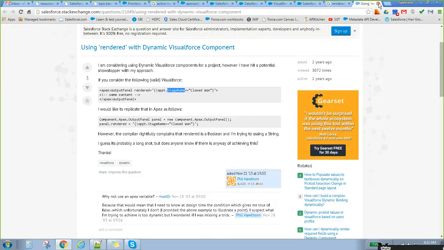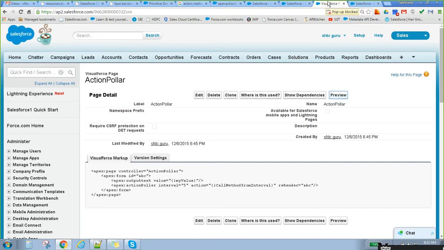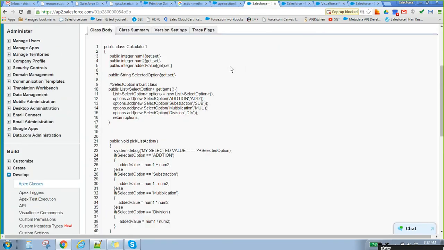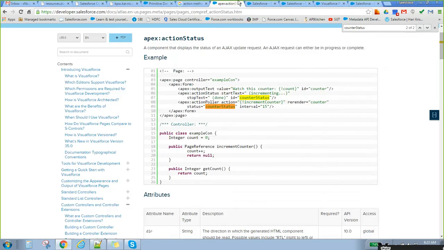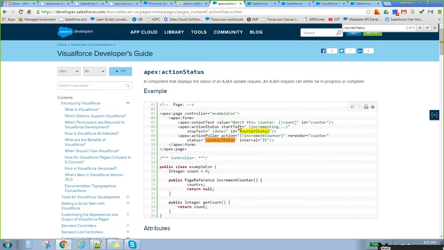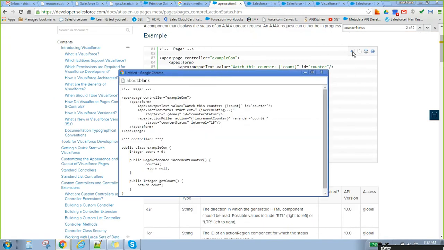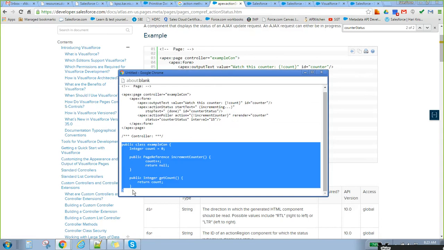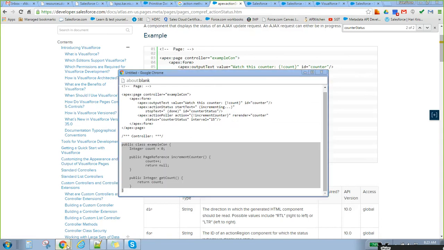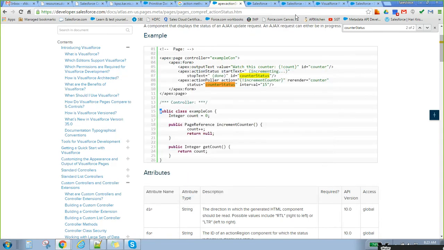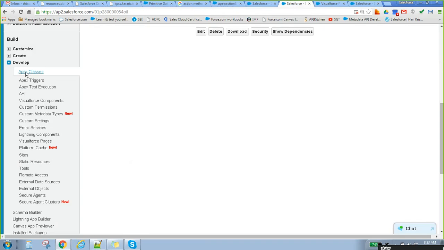Two more examples are nothing but action status. There is one thing called action status, so I'll explain what this action status is.